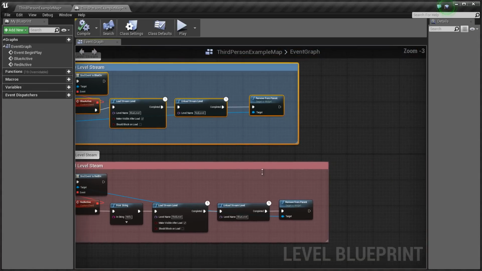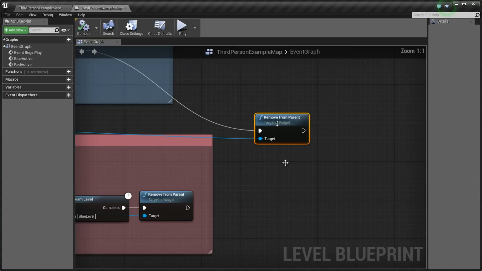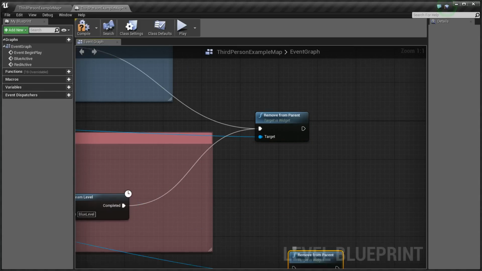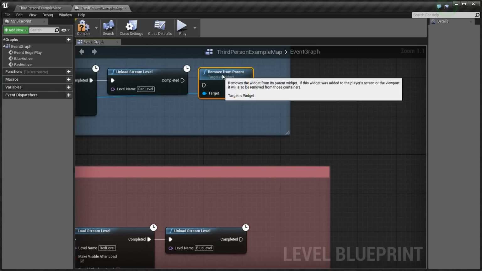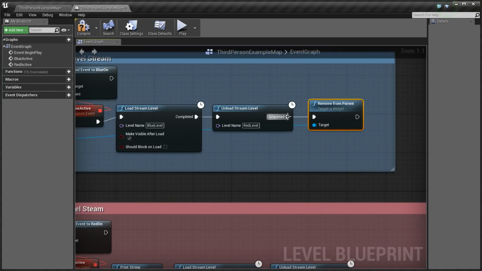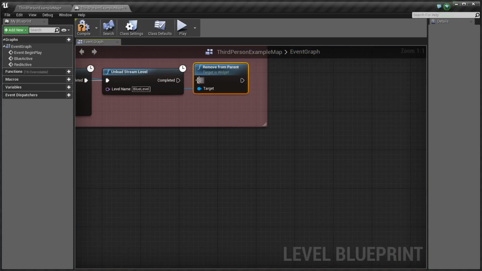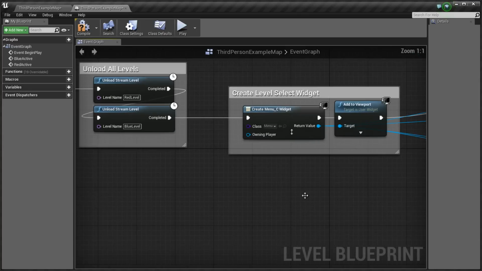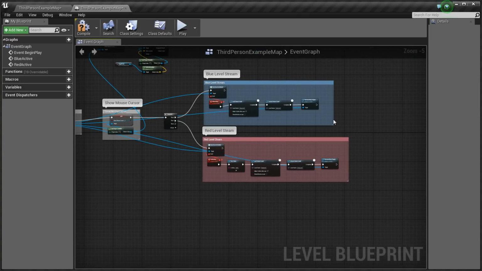Right here. Another thing I did was this node, the remove from parent that we had in the previous video. It used to be like this. It started to give me errors, so what I had done is I connected it to blue only, and then I copy pasted it and I connected it to red, and the blue pin target goes all the way back into this. Okay, so after this section,